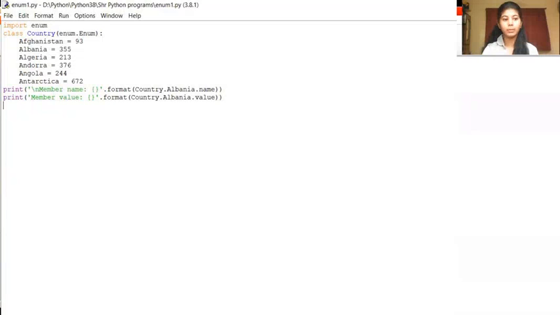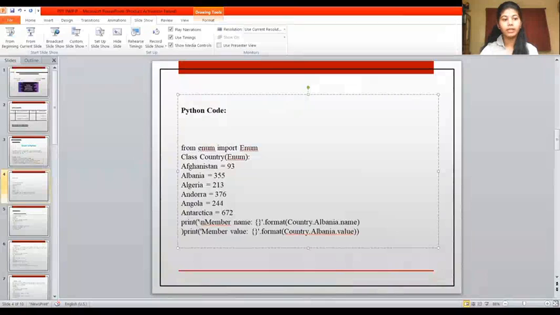As you can see in the program, creating an enum is as simple as creating a class that inherits from enum itself. Thus, you can see the first line. And we have created members with their associated values. And we have printed the country Albania, its name and value.